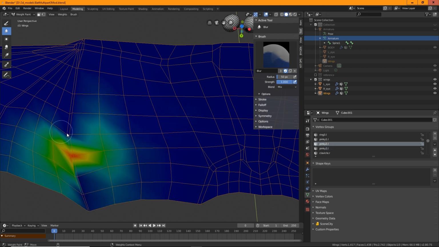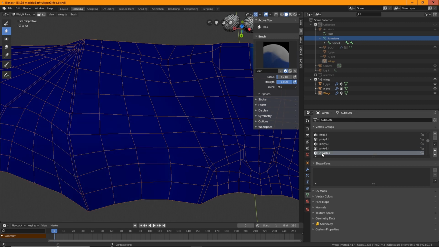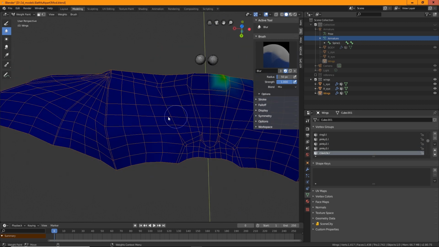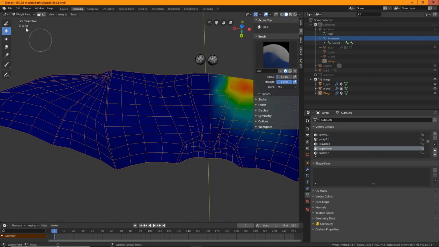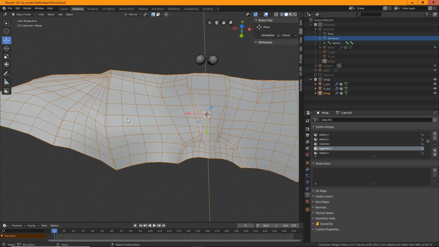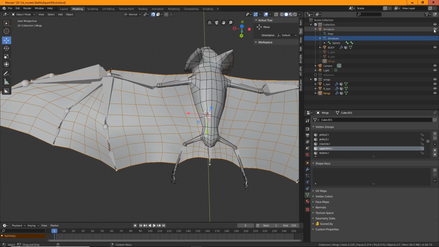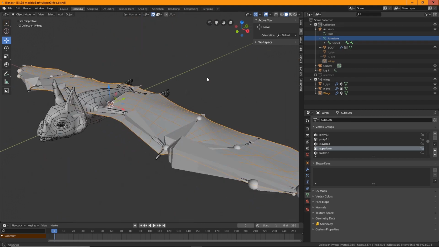Let's see, pinky 2, this was weird. Yeah, that probably, because of the first bone, connects. And we might even subdivide this mesh and apply the armature to get it to align better. But I'll leave that up to you in terms of how you're working on your model. So we can come back and turn our visibility back on,